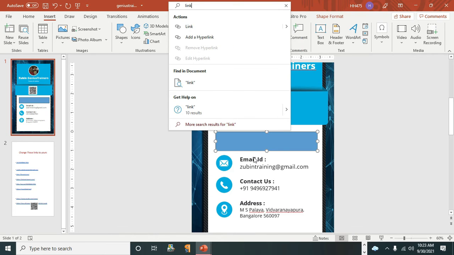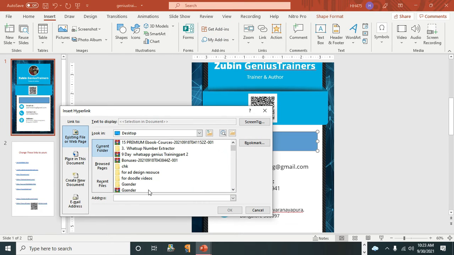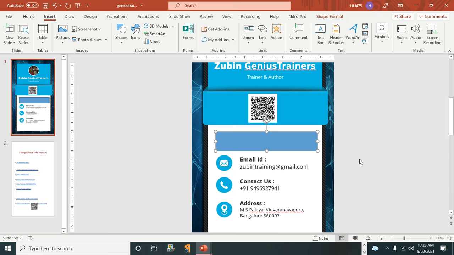Remember, before that you need this shape to be selected. Add a hyperlink. Then here in the address, you paste the hyperlink. Right click and paste or Ctrl and V in Windows computer. Once you have pasted the link, click OK. Now it is linked.